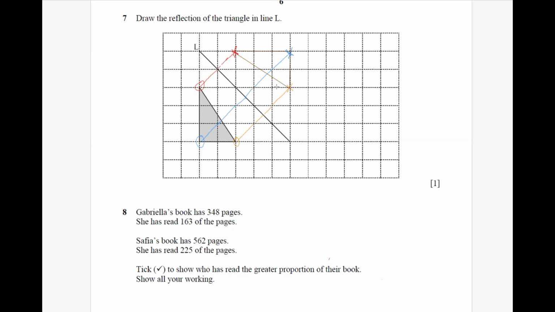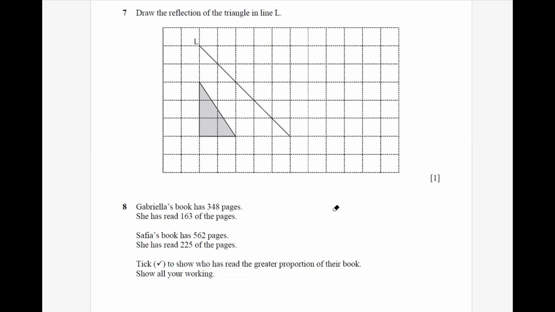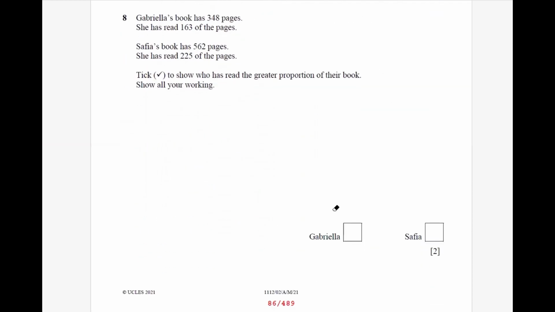Okay, then we proceed to question number 8 now. Gabriella's book has 348 pages. She has read 163 of the pages. Safia's book has 562 pages, but she has read 225 of the pages. Tick to show who has read the greater proportion